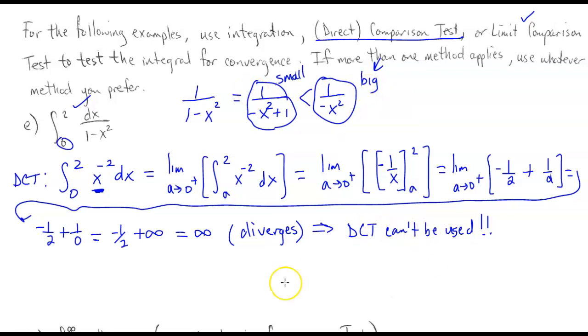We saw that that didn't work. Now, all hope is not lost, because we can actually use this result to help us out, but we are going to have to employ the limit comparison test to get us out of this hole. So according to the limit comparison test,